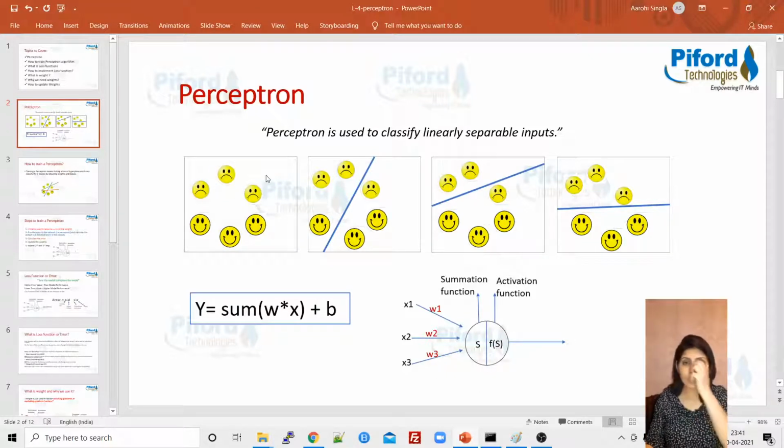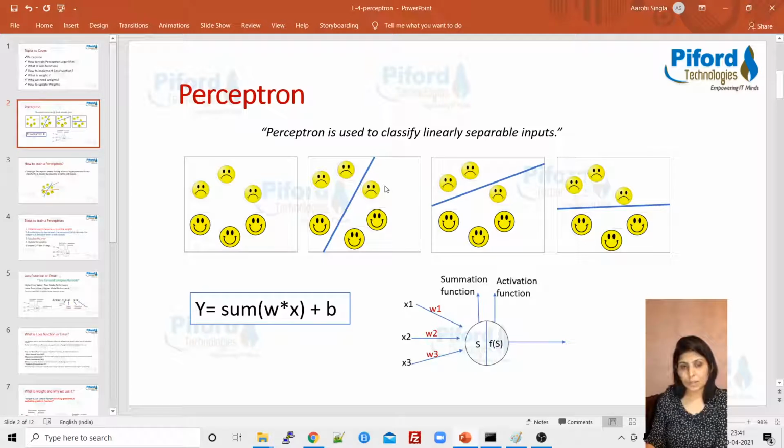All right, see this image. These are the data points. Suppose we have 6 data points in our data set: 3 sad smileys and 3 happy smileys. Now we want to perform classification on this data set, which has 6 different data points and only 2 classes. As I've just told you, the perceptron is used for two-class classification problems. So now let's see how it will work.